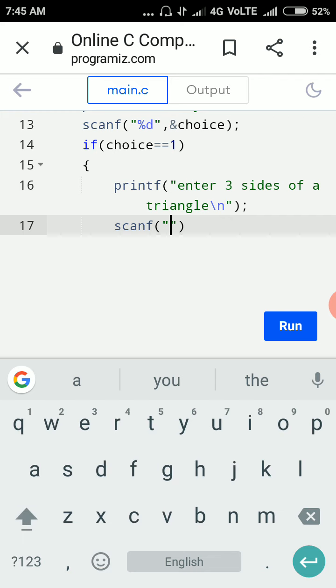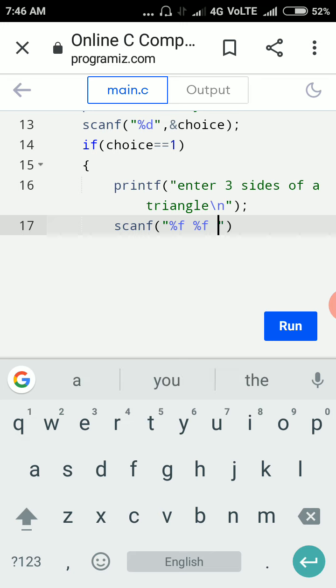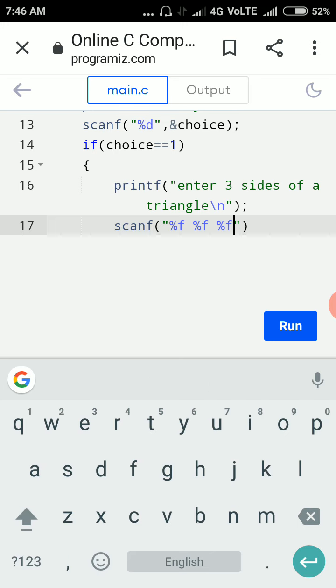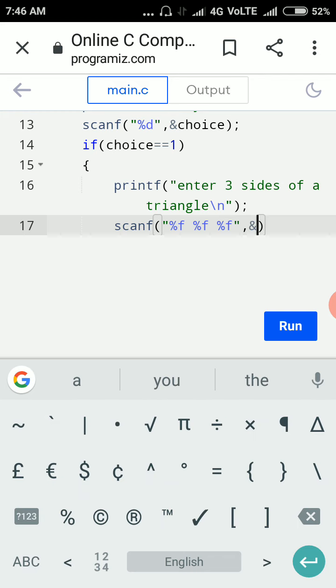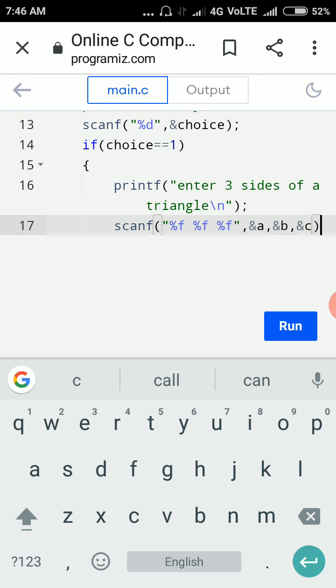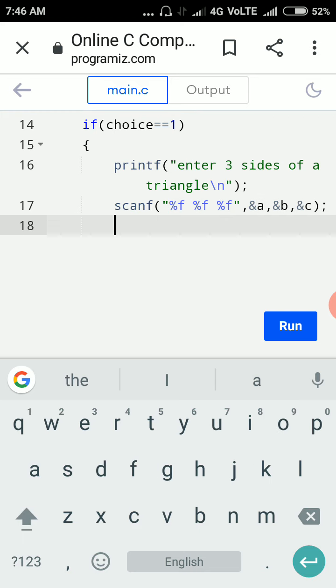Here we are using %f type specifiers, because we are creating float variables for storing sides of a triangle, so comma ampersand a, comma ampersand b, comma ampersand c. We are storing the 3 sides of a triangle in a, b, c variables of float type.